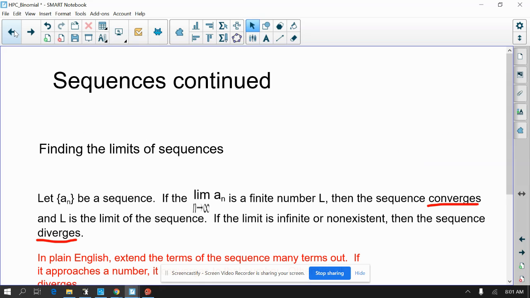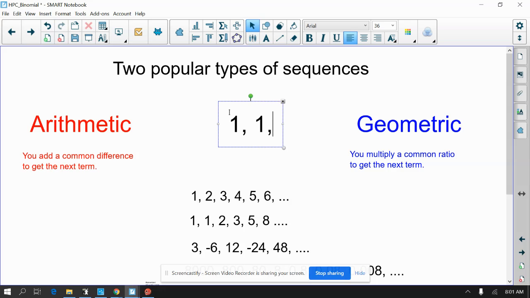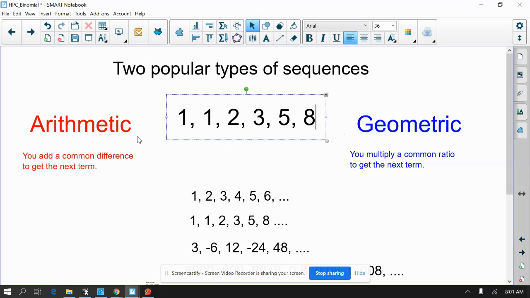Our first example was the Fibonacci sequence that we studied. Fibonacci, remember, was 1, 1, 2, 3, 5, 8, etc. This is not arithmetic and it's not geometric because you can't add the same thing to get from one term to the next. Here you have to add 0 to get the next term. Here you have to add 1 to get the next term. And then you have to add 1 again, and then suddenly you have to add 2 to get to this term. So you're clearly not adding the same thing over and over again.